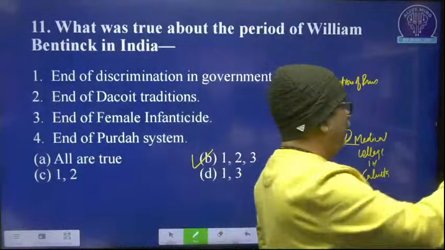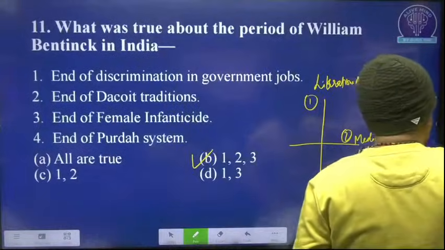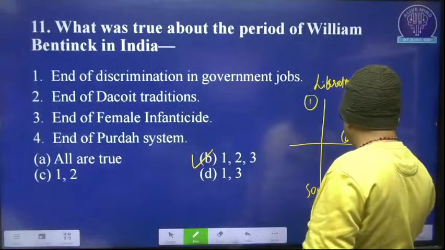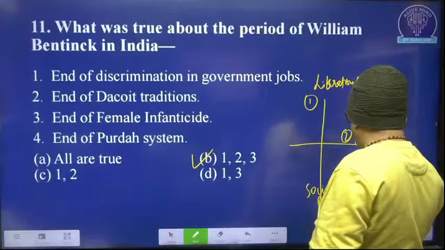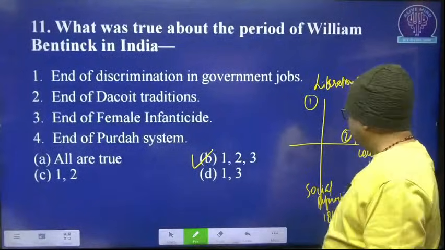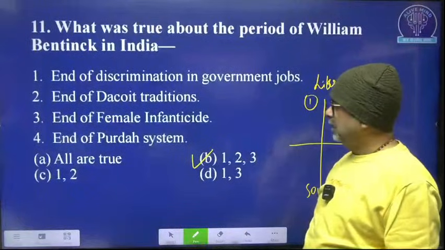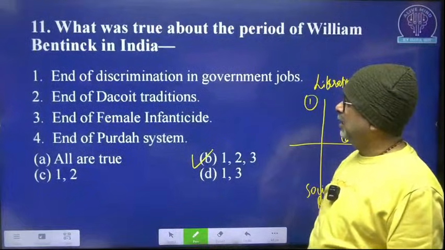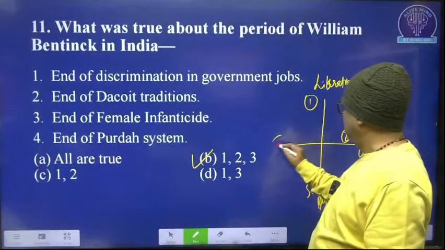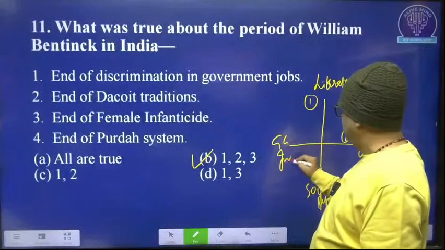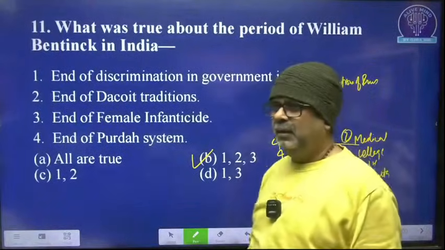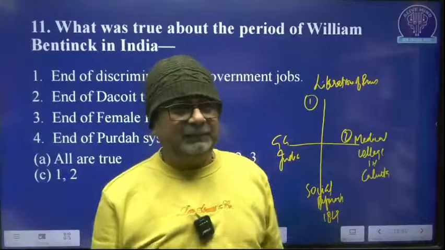The social reforms, abolition of sati, 1829. And Governor General of India. He is a man, William Bentinck, when he arrives in India,